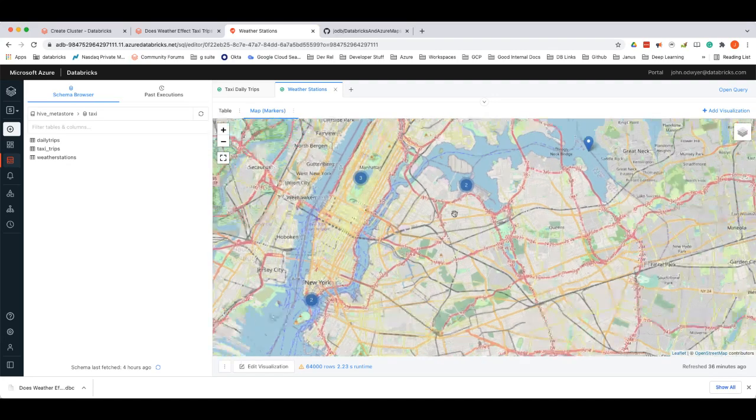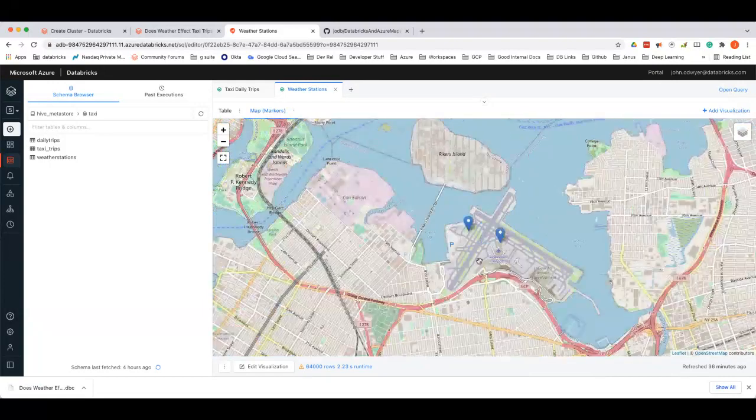If you know the city at all, what it looks like is we have some places in LaGuardia. And what I'm going to do is assume that the New York City taxi weather would probably be very close to what we would see in LaGuardia Airport. And it looks like these are both LaGuardia Airport station names. They probably just moved from one side to the other at one point. Maybe there was a tower that was taken down and moved. But essentially what we're going to do is we're going to use the station of LaGuardia Airport,